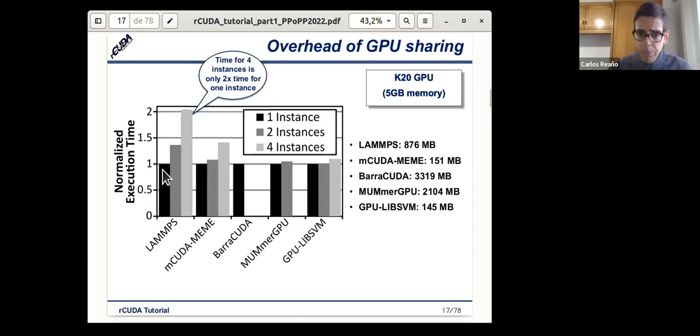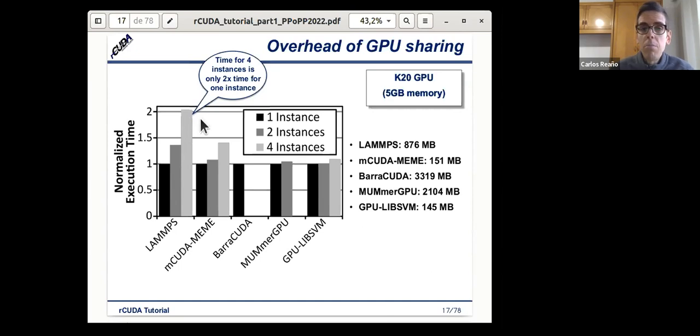So here then we have run the same application twice, and so here we can see that we have run the application twice, but the execution time has not doubled. Okay. And when we run it 4 times, in this case, for instance, for the LAMPS application, the time for 4 instances is only twice the time of 1 instance.